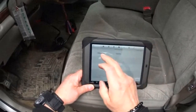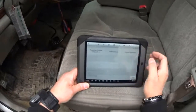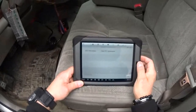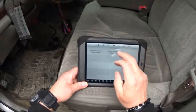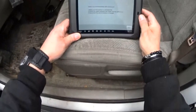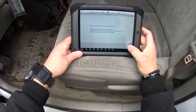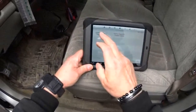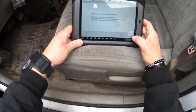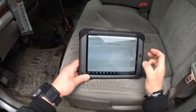It's gonna go to diagnostic control unit. I want to go to the body control, and let's go to information. I'm gonna go for history first, and we are not communicating with the module. Big problems now. Let's see. Not communicating with the module. Okay, so